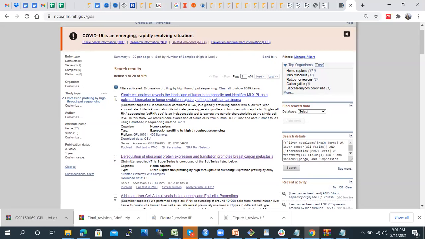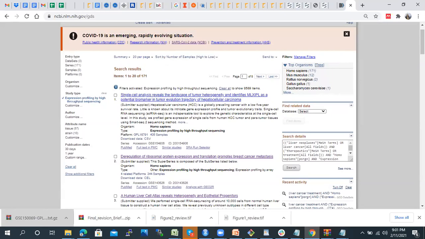If you are interested in that, you can look at it. Another thing you can do, at the top, you will get the option sort by. You can select whether default order, or like I'm selecting, from high to low. Here I will get the first entry which has the maximum number of samples.